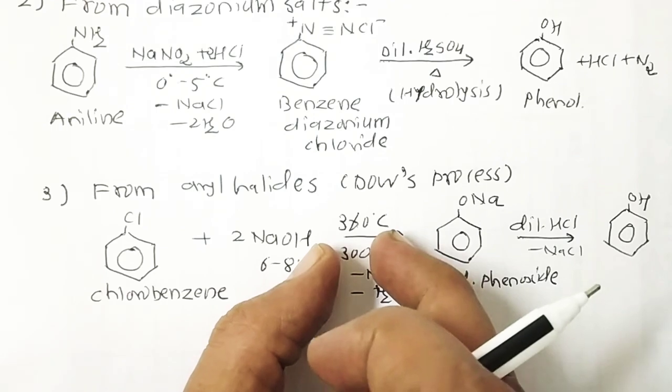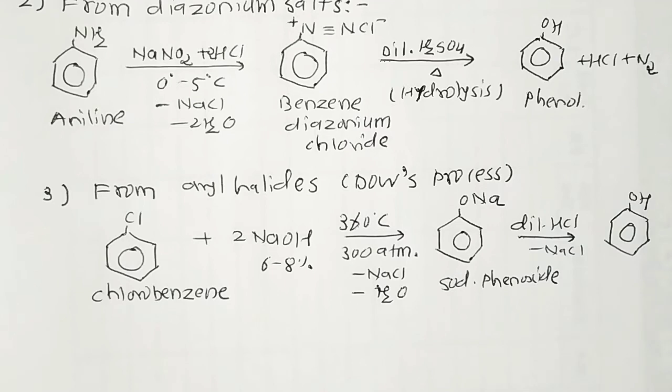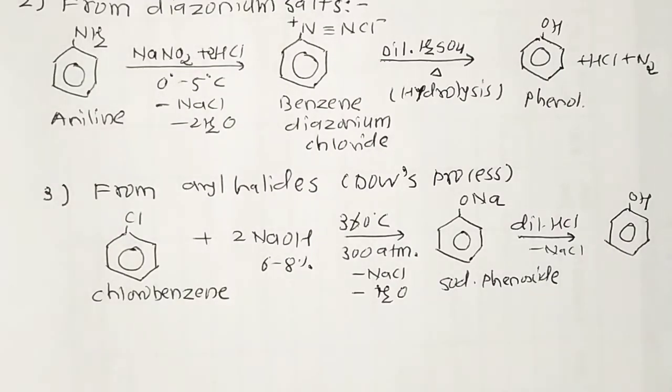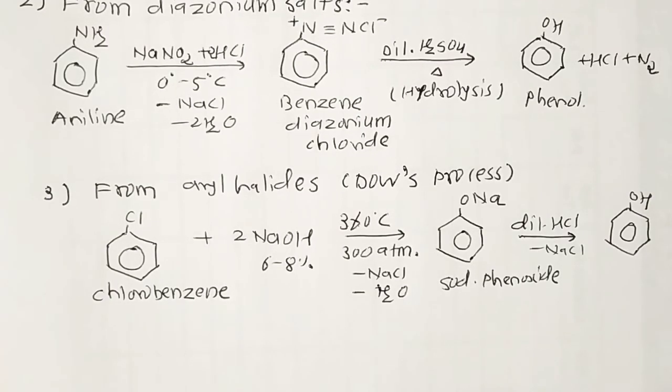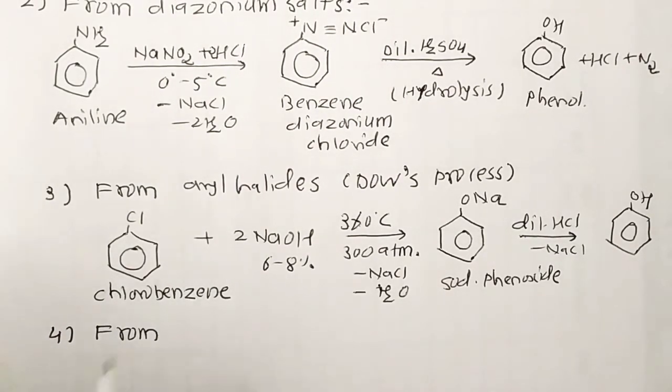atmospheric pressure. But we know that this process is not very useful for industrial purposes, because high temperature and high pressure are required. In these reactions there is some problem, because we get a byproduct like diphenyl ether, which decreases our main product. So to solve this problem, we have to add diphenyl ether in our first phase. So some problems can arise in this method. But there is another very good method, from cumene.